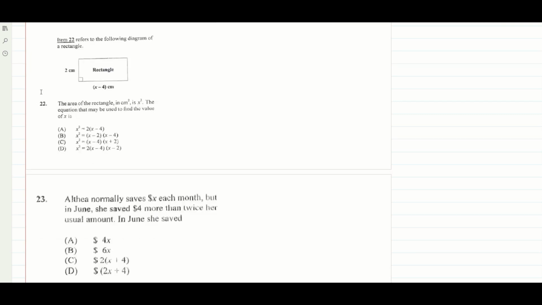Look at number 22. Number 22 says, item 22 refers to the following diagram of a rectangle. The area of the rectangle in centimeters squared is x squared. The equation that may be used to find the value of x is. So first off, we know that the area of a rectangle is equal to length times width or breadth, whichever one you want to use. Your length is equal to x minus 4, your breadth is equal to 2, so it will be 2 times x minus 4. They told you that the area is x squared,